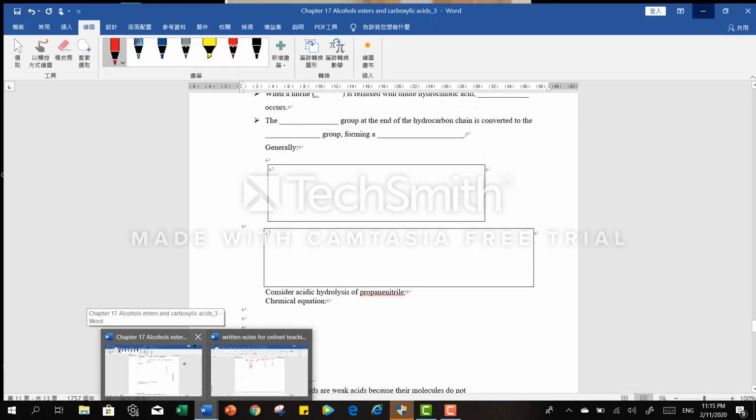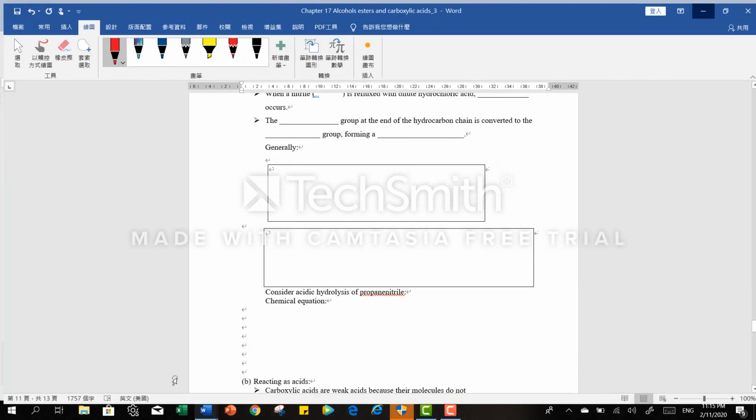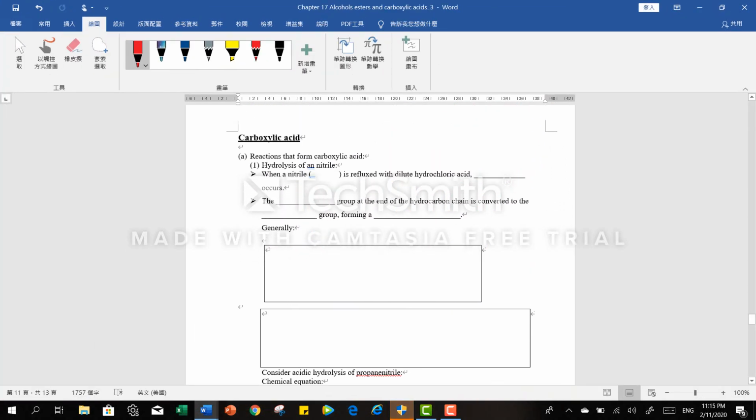Then we go back to the notes first. Notes E. Okay, let's just fill in the blanks first, okay? Hydrolysis of a nitrile, when a nitrile CN is refluxed, reflux means you need to heat it up with dilute hydrochloric acid, a COOH will be formed, okay? And the CN group basically will change to COOH. Now you don't have to know the mechanism, so I don't want to spend time on talking about it. But of course, if you're really interested, you can go to the internet and find the mechanism. It's very easy to find, okay? So forming a carboxylic acid,